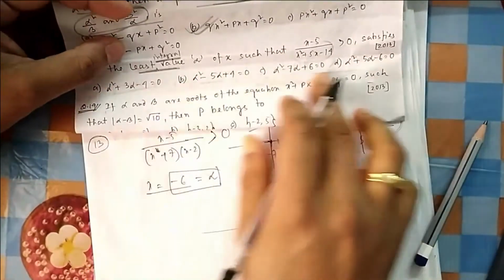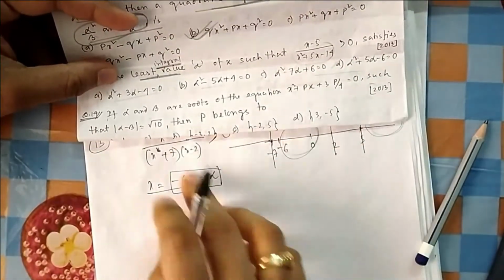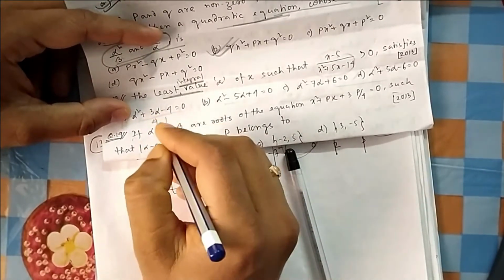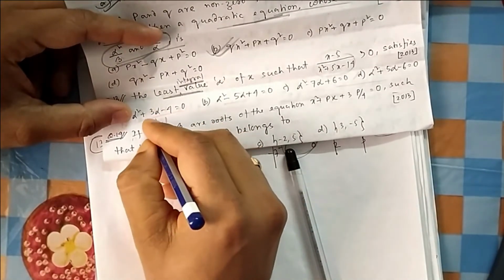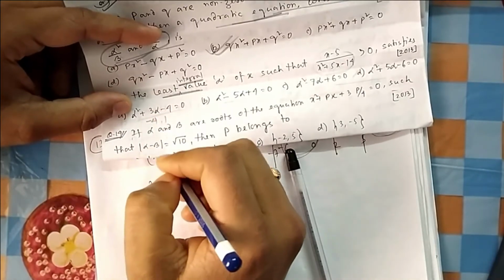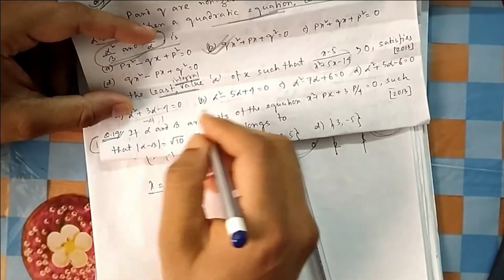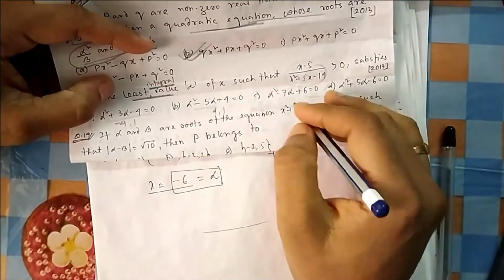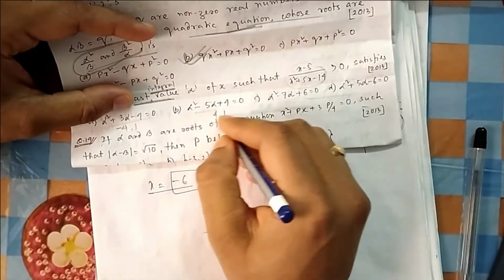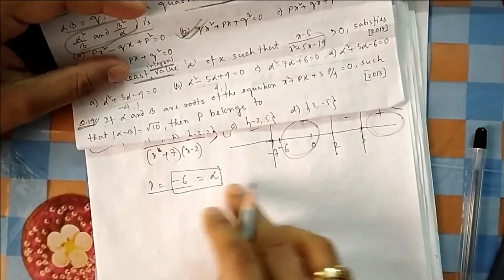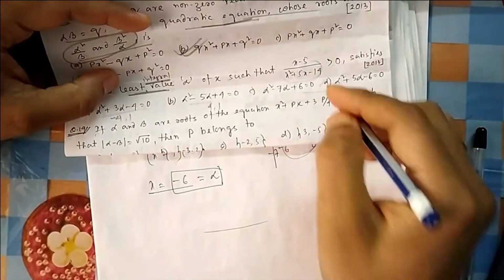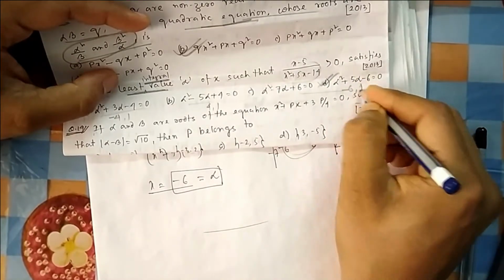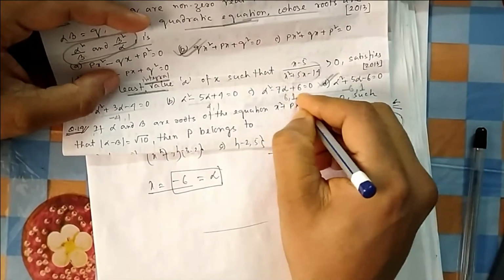Okay, now see which equation is satisfying this one. If you put minus 6 and factorize this one, you will find one factor is minus 4 and one is plus 1. And if you factorize this you will find 4 and 1. I am not doing it, alpha minus 5, or you can put alpha equal to minus 6 and see which one is satisfied. You will see this one is satisfied, because here one option will be minus 6 and 1, and here the option will be 6 and 1.